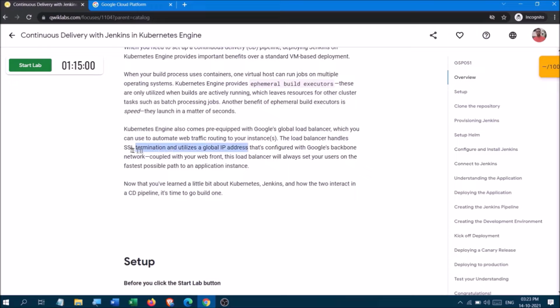Some things are automated from their side, like SSL termination utilizing the global IP address, which is configured with Google's backbone network. Coupled with your web front end and this load balancer, it makes sure that your users are always on the fastest possible route. That is the advantage and benefit you get using Google's Kubernetes Engine.